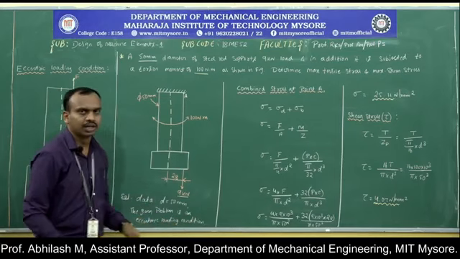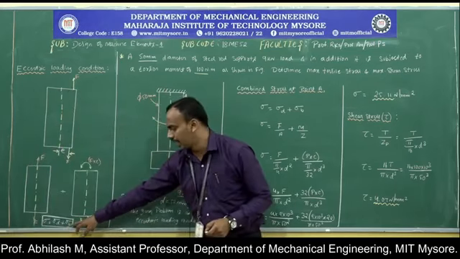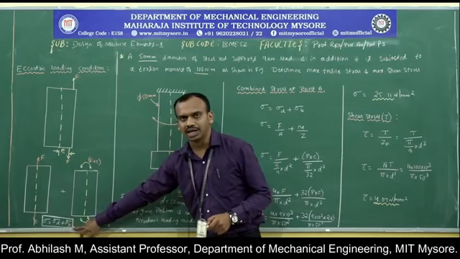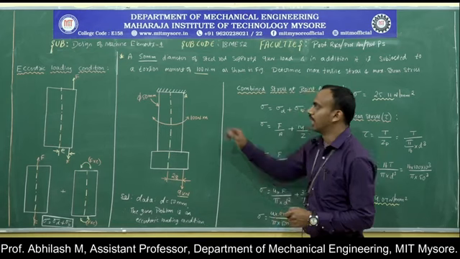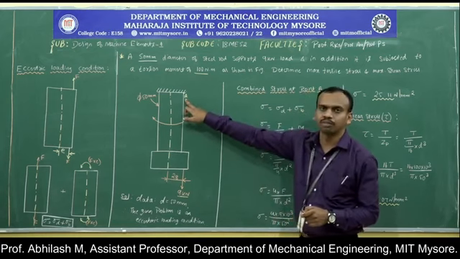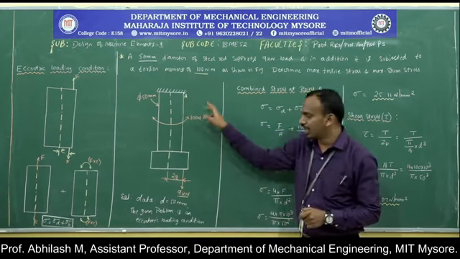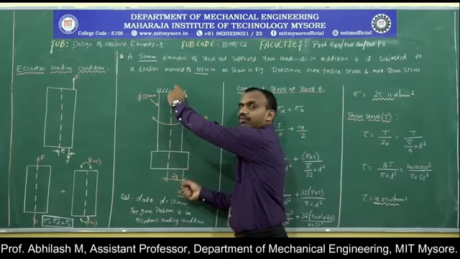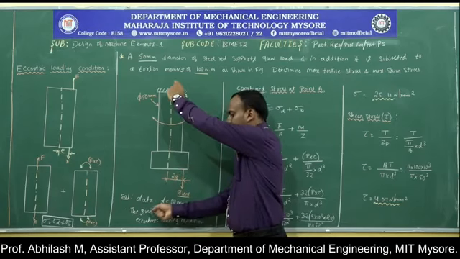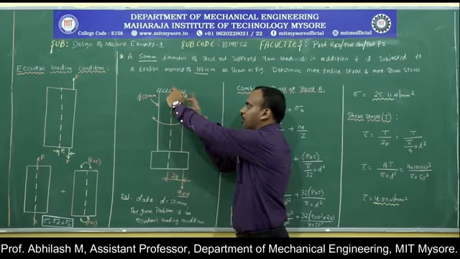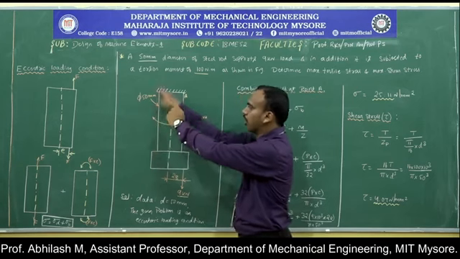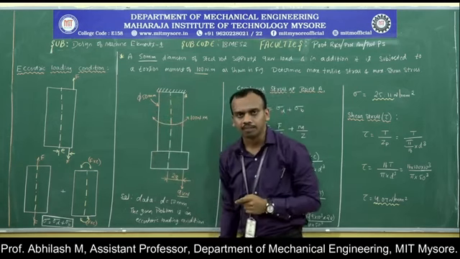As we all know, in the eccentric loading condition, the maximum stress will be equal to sigma d plus sigma b. And in the problem they are asking us to calculate the value at the point A. Imagine this is the bar and this is where we are applying the load, and it tries to bend, so the outer portion will be subjected to tensile stress, and this particular portion along the length will be subjected to compressive stress.